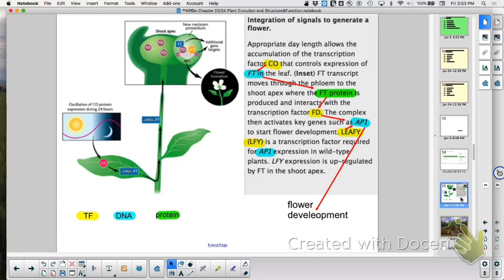It actually moves up through the phloem and to the area of the plant that's going to generate the flower. So it is a genetic code, but it's also acting like a true messenger, a chemical messenger to another part of the plant, where you translate that message into a protein, which hooks together with another transcription factor, which ultimately gets the gene expressed so that you get flowering. So it's just one simple example of how the leaves can determine a flower forming in another part of the plant.